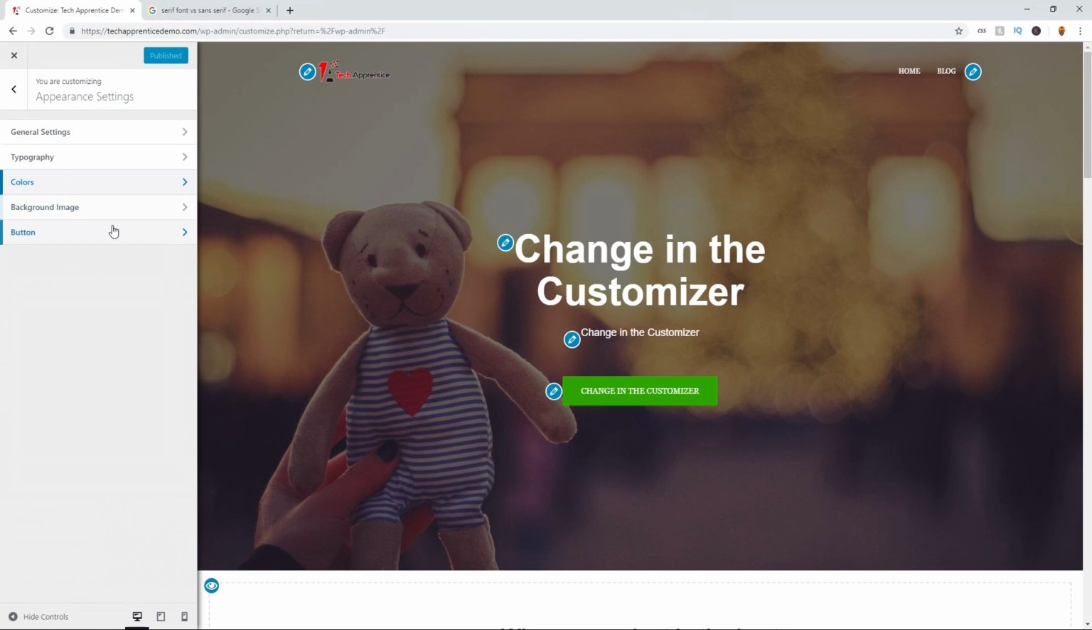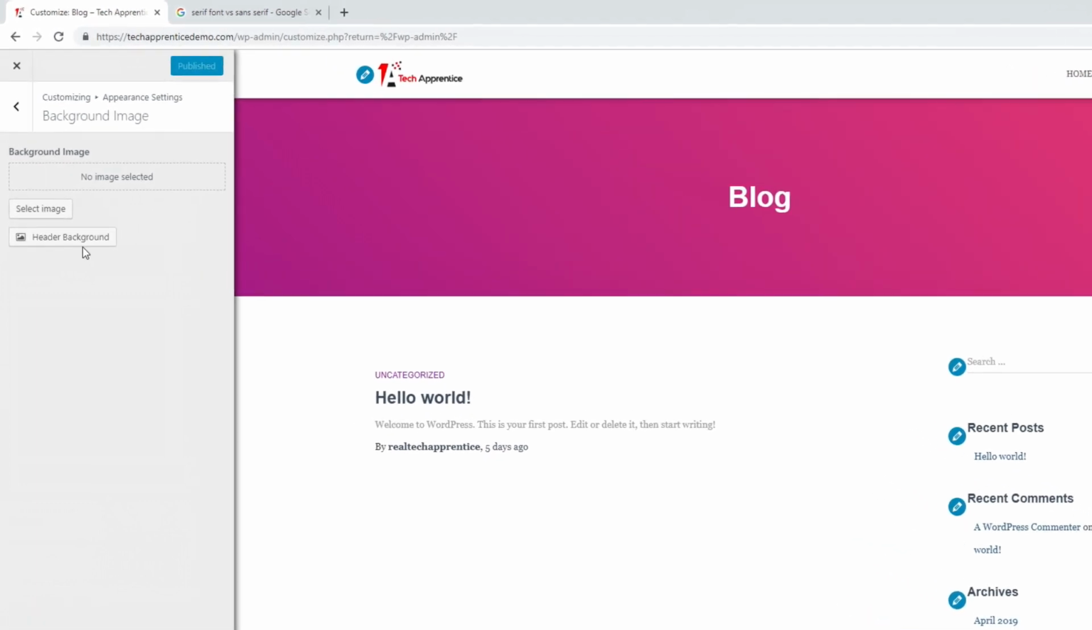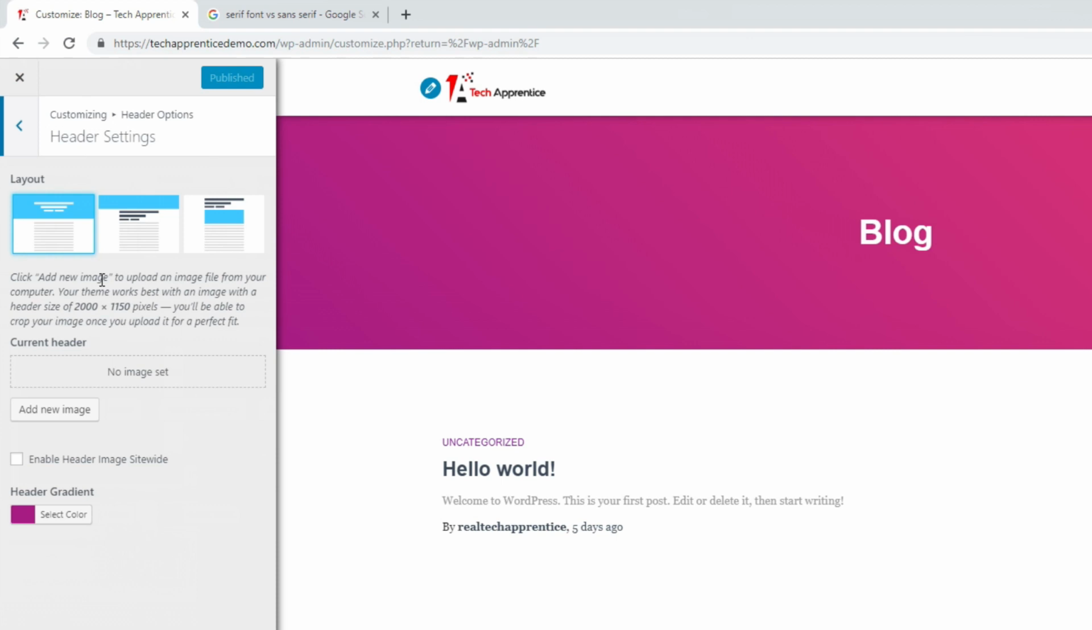And next we're going to work on background image. So I'll click on background image. And we're not really going to use a background image on this website. So I'm just going to leave that blank. We are going to change the header background though. So as an example, here's the blog page here. I'll click on blog, and we've got this header up here. So we want to change that to have an image instead of just having a fixed color or a gradient like that. So let's go over here to header background, click on that,